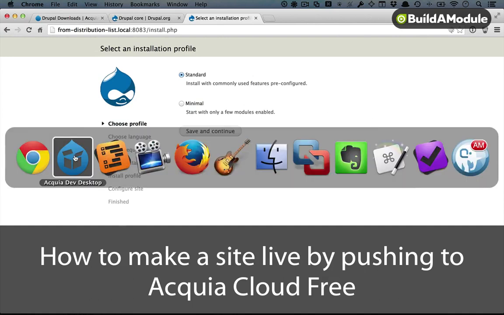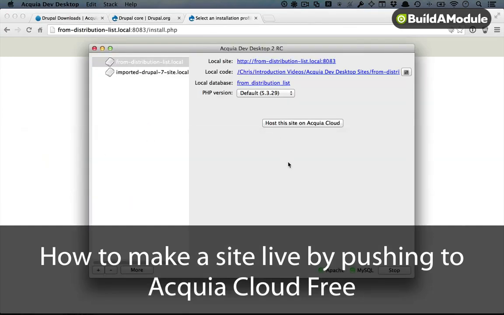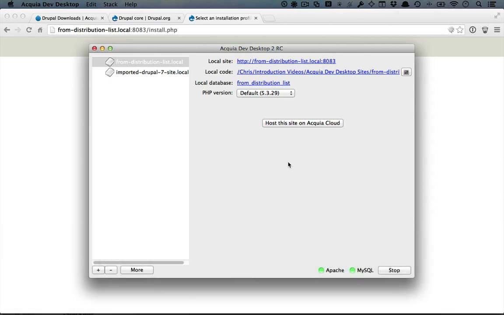I'm going to jump back to Acquia Dev Desktop. Now, we've created our site locally on our computer, and if we want to host it live so that other people can see it, or we can work with others on the project, we can host it on Acquia Cloud free. The free service has some limitations, like you can't publish it publicly on a custom domain name, but you can still go a long way to creating your development site,